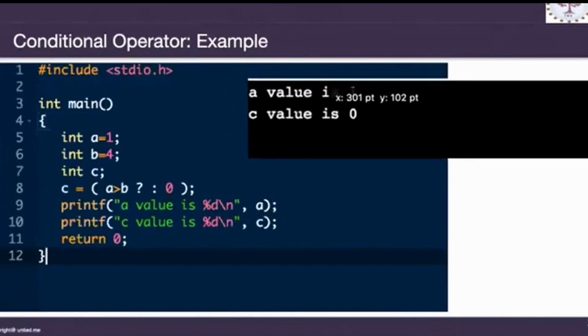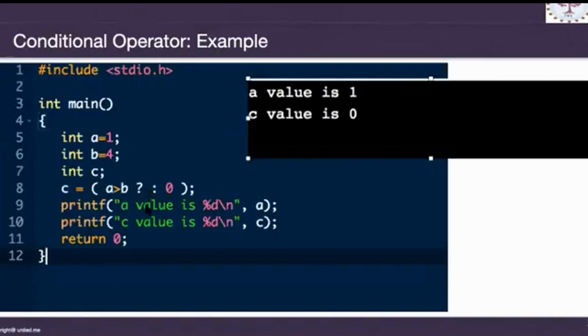So if you run this program, you will see that I have written int a equals 1, int b equals 4, and int c, which is the resultant variable, so we will store the value in c. So here you see a is greater than b, question mark, colon, and 0. Sorry, here one operation we have not written. So we see whether it can work in this case also or not. Okay, so this is an experiment, although it is always advisable that you write it in proper format.